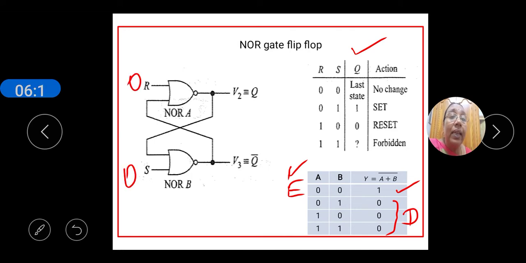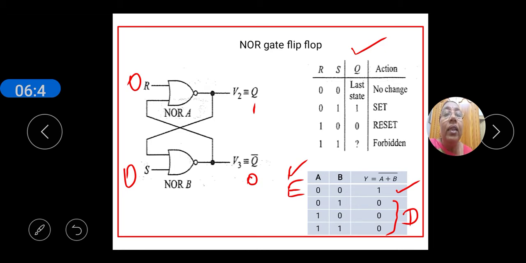So we cannot say which NOR gate is enabled and which NOR gate is disabled, because whether the NOR gate is enabled or disabled is decided by the other input. So you must know the other inputs of the NOR gates. Since we do not know the other inputs, let us assume that the output of the first NOR gate is 1 and the output of the second NOR gate is 0. This is the initial condition of the outputs of the NOR gates.